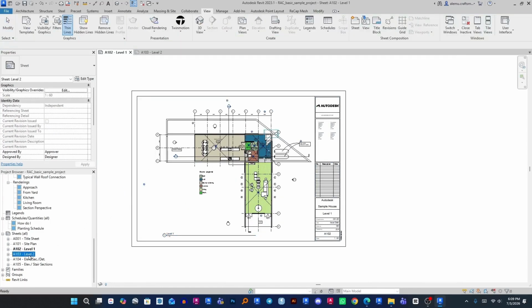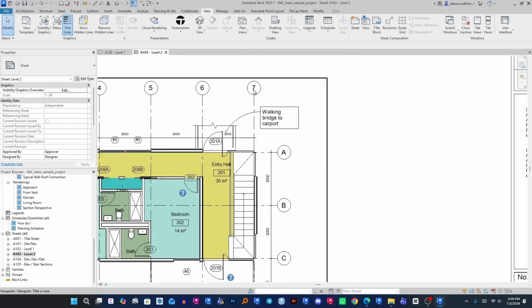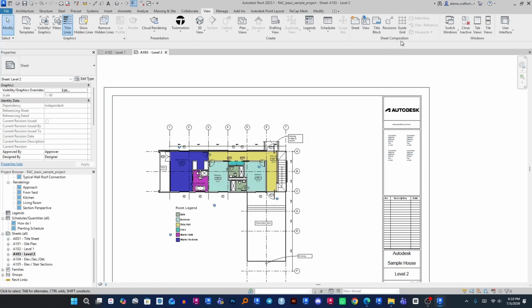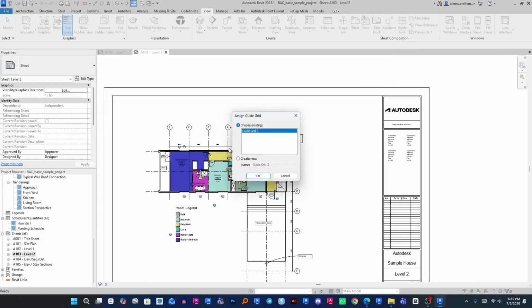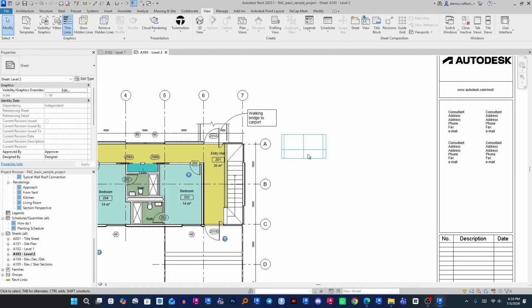So whenever I go to the other sheet, here I need to position 7A. So first I need to place a guide grid here. Click on guide grid, and at this time I don't want to create a new one, so I need to use the already created one, and I want to follow that position. So here guide grid 1 is already created. Click OK. Now it's appeared here,